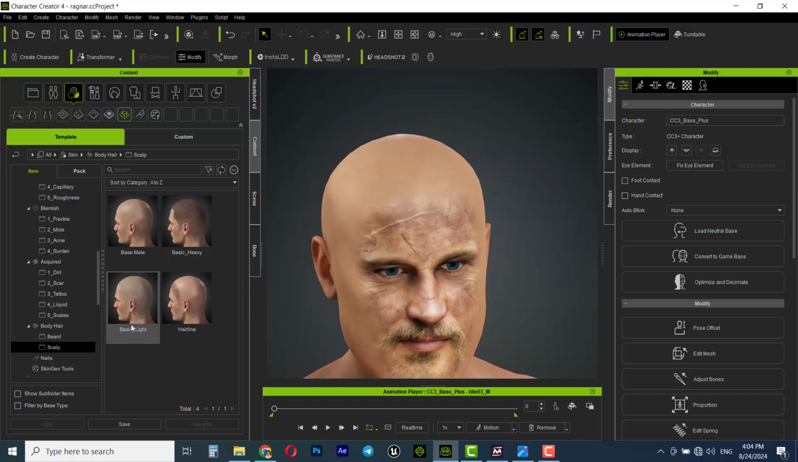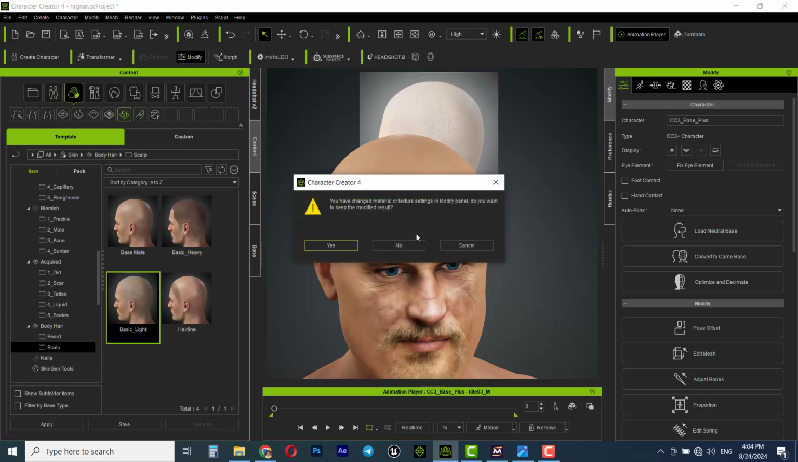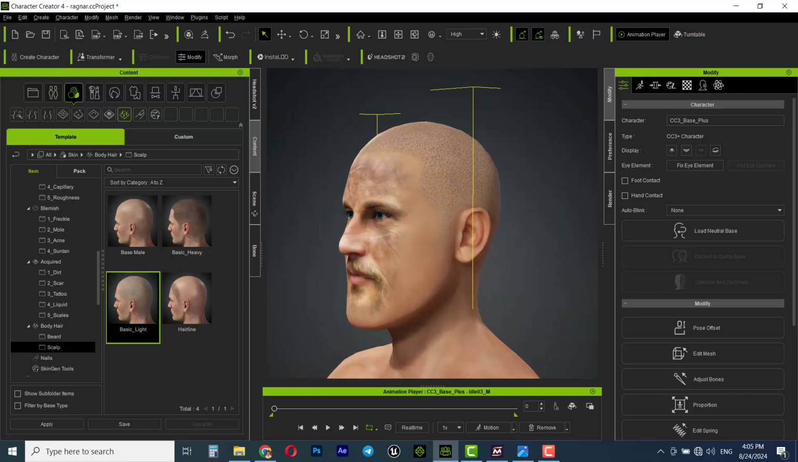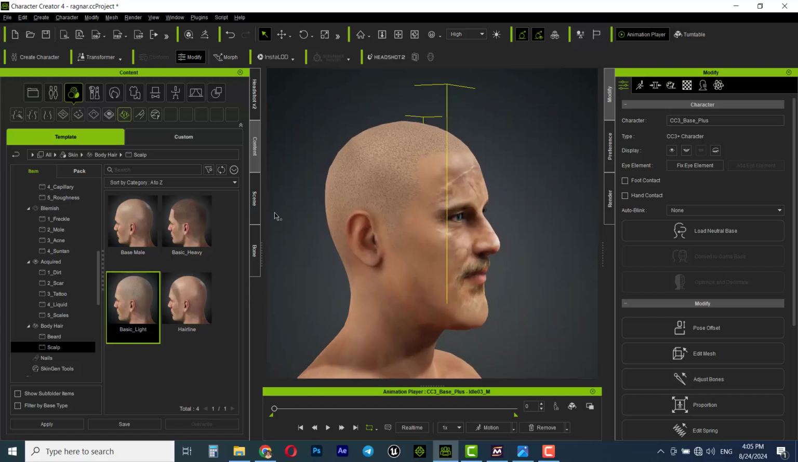And for the hair, I like this one, basic light. Just double click on it or drag and drop it on the character. It says you have changed material or texture settings in the modify panel. Do you want to keep the modify result? Yes, we just want to keep the modified textures and apply this basic light hair to his face, just like this. You see, you can try different